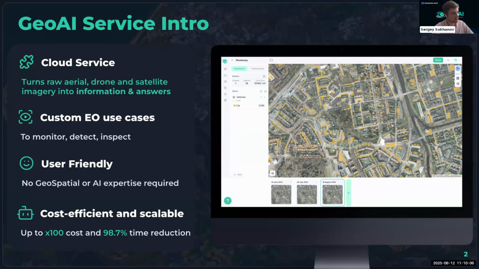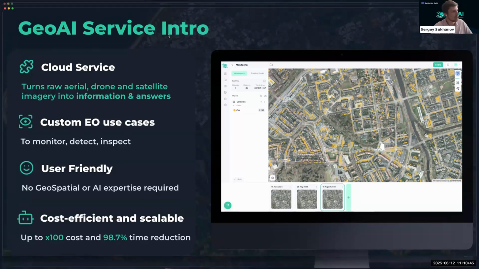What's unique about this is that it's extremely user-friendly. So you as an end user, you don't need to have any AI or geospatial knowledge. You can be just an expert in your field, forestry, agricultural field, or city municipality, for example. This is one of the segments. And why it's interesting, or why it's cool to use this service, is because it's very efficient. So it allows you to reduce your time in inspecting or monitoring some large areas, for example. And obviously, with respect to cost, it's also very interesting.